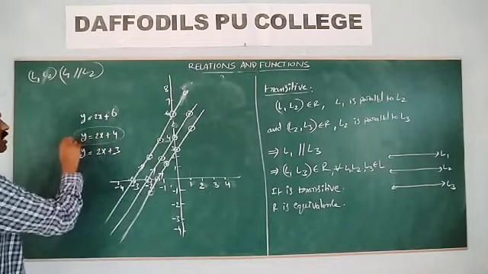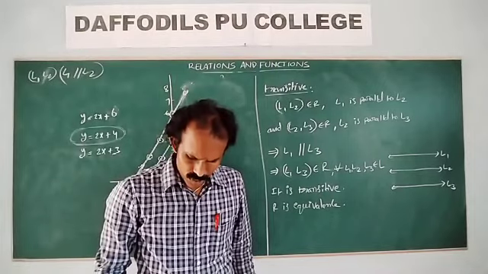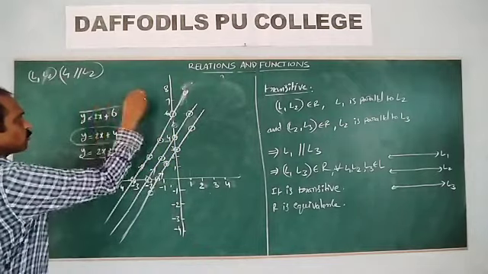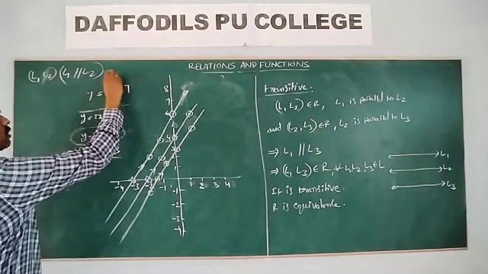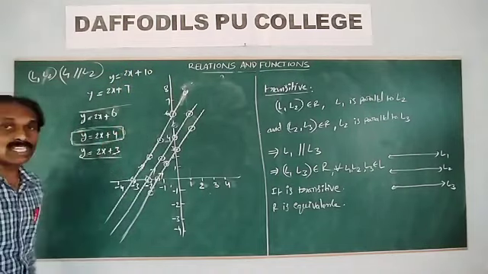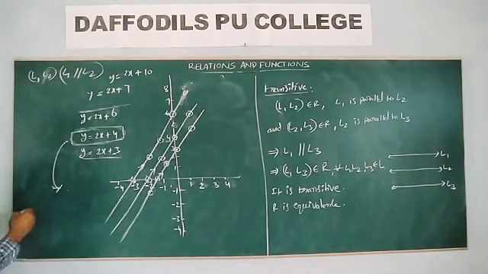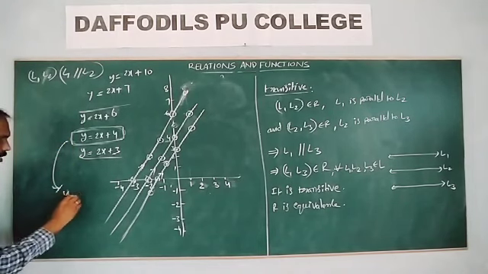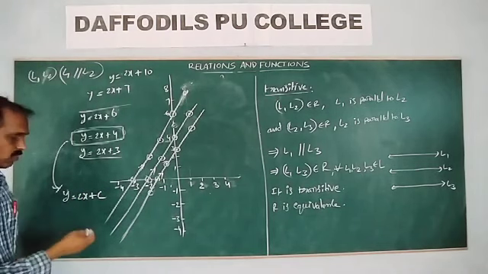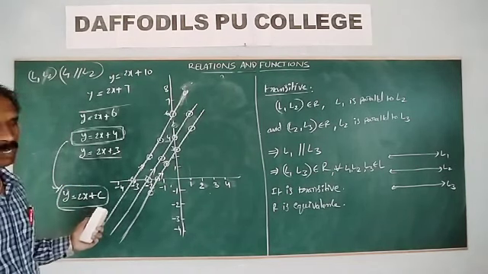So what is the set of lines? The question is, find the set of all lines. What are all the lines? This is one line, this is another line. Like that, y is equal to 2x plus 7, y is equal to 2x plus 10. These are all lines related to this. What is the relation? The relation is parallel. So the single-step answer is that the lines related to this line are y is equal to 2x plus some constant, or 2x plus k. So this is the related line. The set of all lines is y is equal to 2x plus k. This is the answer.